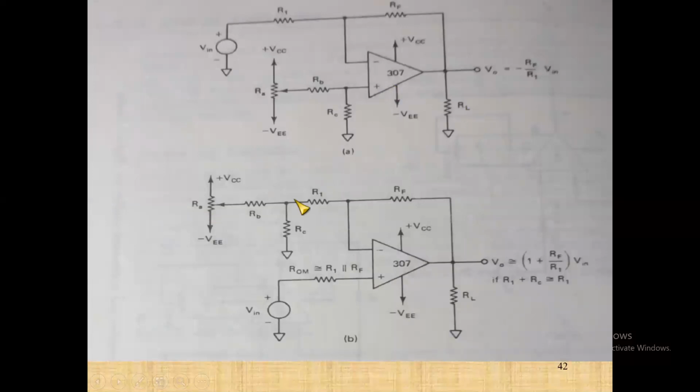Now, this again gives you the offset nulling in a different way. Here we are giving it between pins 1 and 5, the resistance and all that. Now we are using a separate resistance with plus VCC and minus VCC, and RB and RC. This is again for the DC case only, not AC. Please remember that this is for the DC case only. Only that you are connecting an extra circuit over here or over here, depending upon whether it's an inverting amplifier or a non-inverting amplifier.